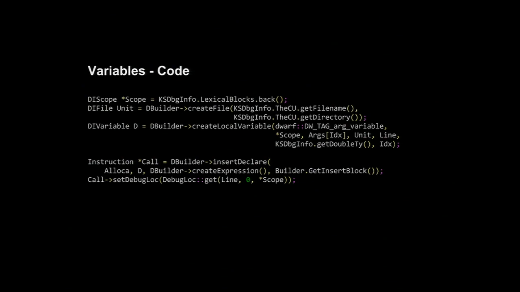Right. So there's just a little bit of code that does that because, well, you need to tell your variable what scope it's in. In this case, it's going to be function scope, so that's handy. Again, you need to know what file inline because DWARF. And then we're just creating an argument variable. We say what scope, what number it is, the unit, the line, what type it is, which we already covered. There's one type. And then we insert an actual instruction into the